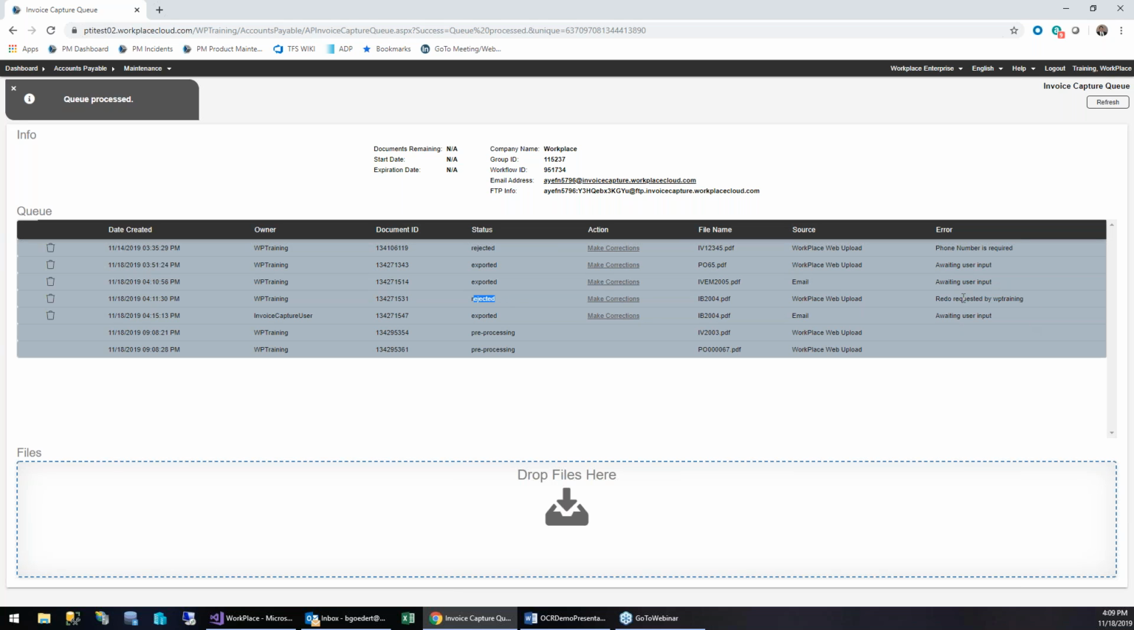There again, we got rejected, and it tells you a redo requested. What I did, and I'll show you in a minute, is I requested a redo. Exported again. I emailed an invoice in earlier, and it's exported because it recognizes the invoice, and there are no problems. There are no validation errors. It just needs to be submitted. And then the two I just dropped in are pre-processing. If I hit refresh again,